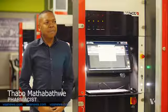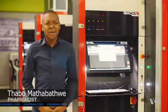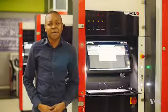So here we provide chronic medication, and the majority of our chronic patients are HIV positive, so they take ARVs. That's close to 90% of the medication that we stock here. Currently, 3,000 to 4,000 patients are seen a month in this facility, with this number expected to quadruple within the